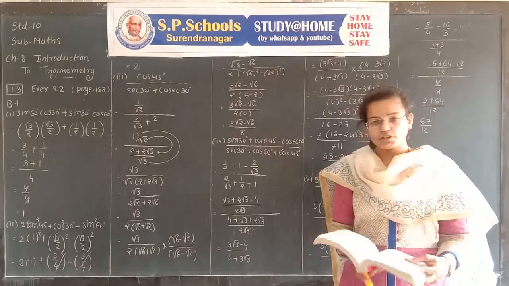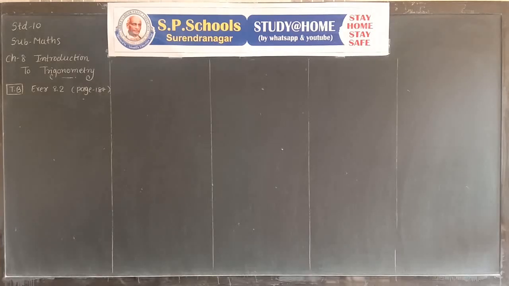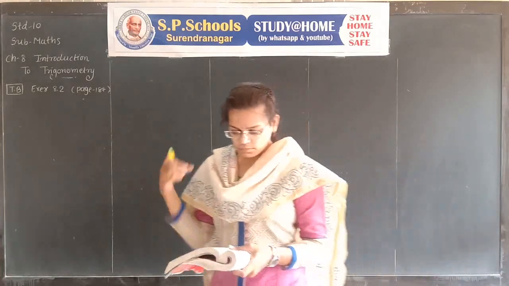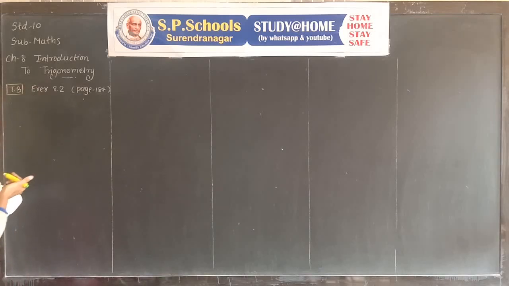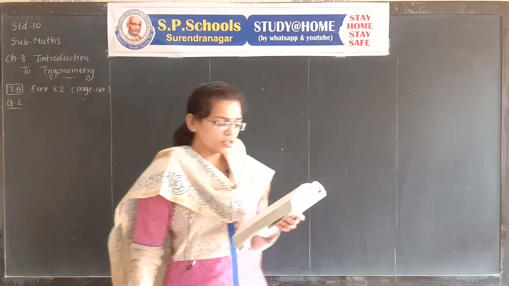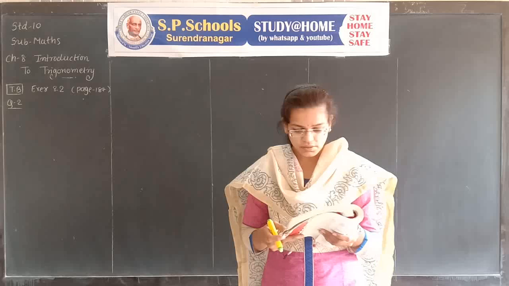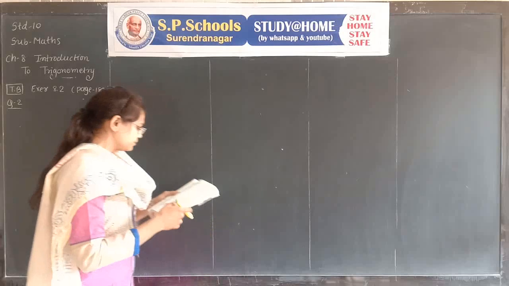Now we discuss question number 2. Let's see the next question, number 2 from exercise 8.2, on page number 187. See the question: choose the correct option and justify your choice. There are multiple choice questions. 4 options are given, A, B, C and D. First is